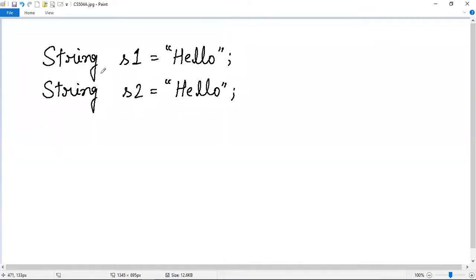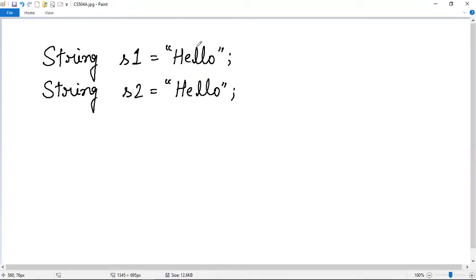So here in this first statement, whenever the JVM executes this statement, it will not find any string with the value hello in the string constant pool. So it will create an object in the string constant pool, and it will store the string hello in that object. That means S1 in that case will refer to the object created inside the string constant pool, which contains the value hello.